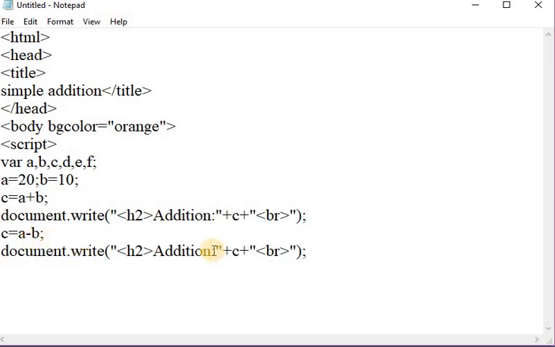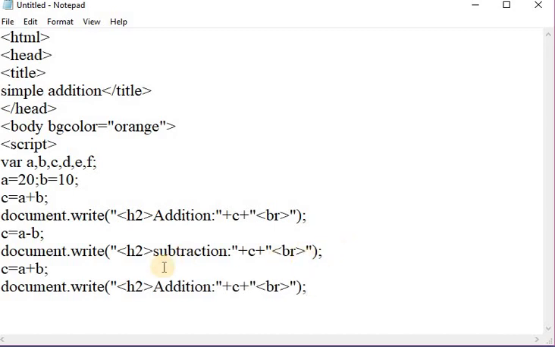Here, same, use subtraction is equal to C. Here A minus B, whatever the result is generated is saved in the C variable, and by using document.write we display this message, subtraction colon C, means whatever output is generated is displayed on the web page.